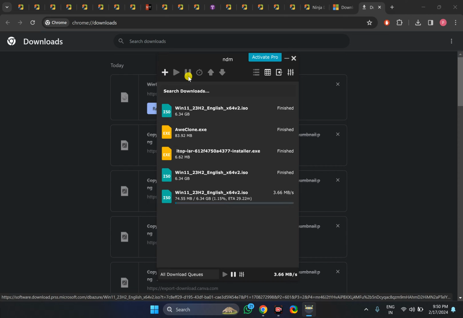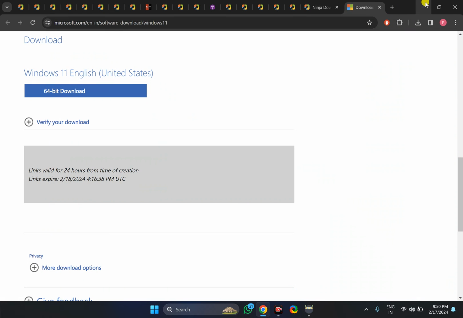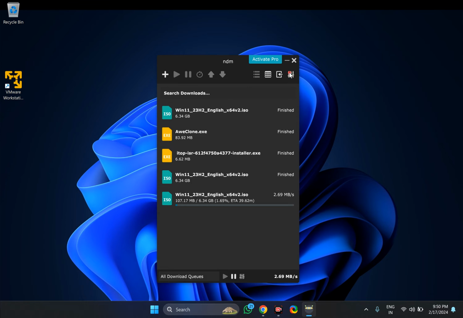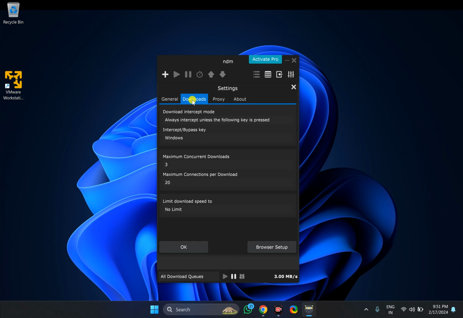If you want to make it more accessible, click on this settings option of the Ninja Download Manager. Then you can set several options here, choose the download location, etc. After this, switch to this downloads tab.